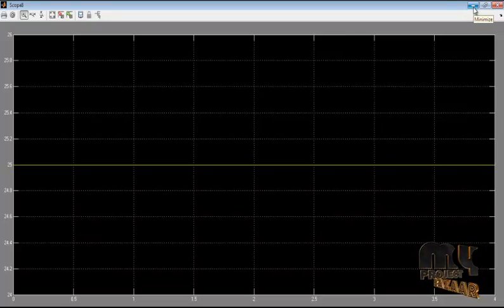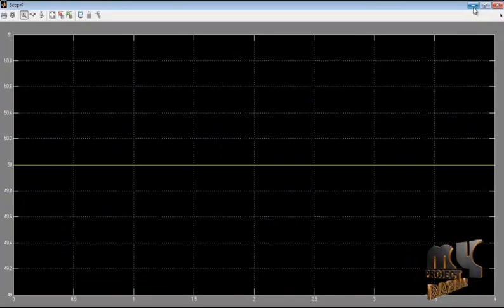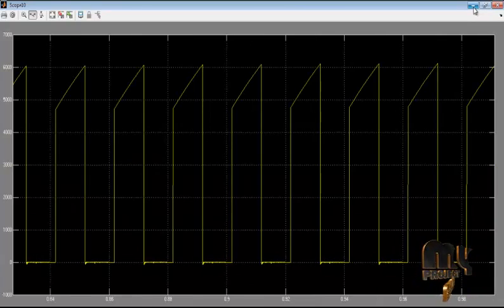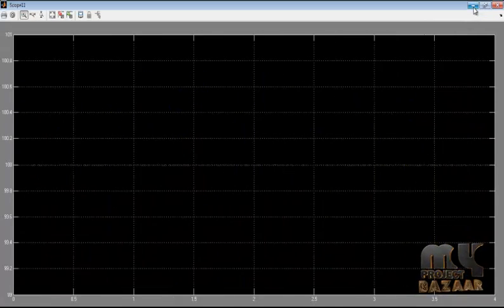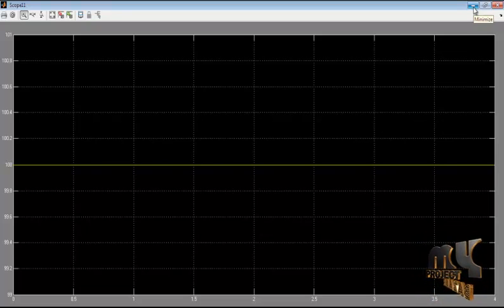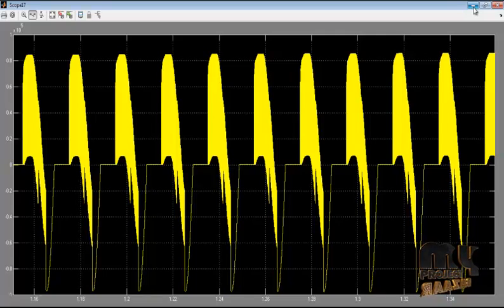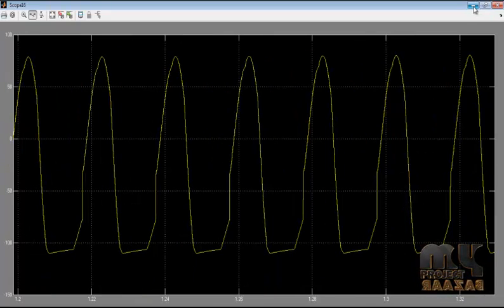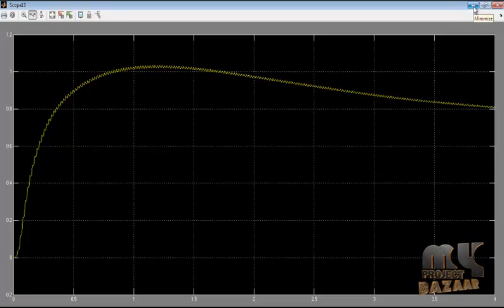voltage, that is 25 volt, and corresponding waveform, and next one, the second, has a voltage value of 50 volt and corresponding current waveform, and next one is the first voltage source on the lower side, that value is 100 and corresponding waveforms. This is the primary side of the transformer output waveform, and next one the secondary side of the transformer output waveform, and next one is the corresponding output current waveform obtained on the resistive